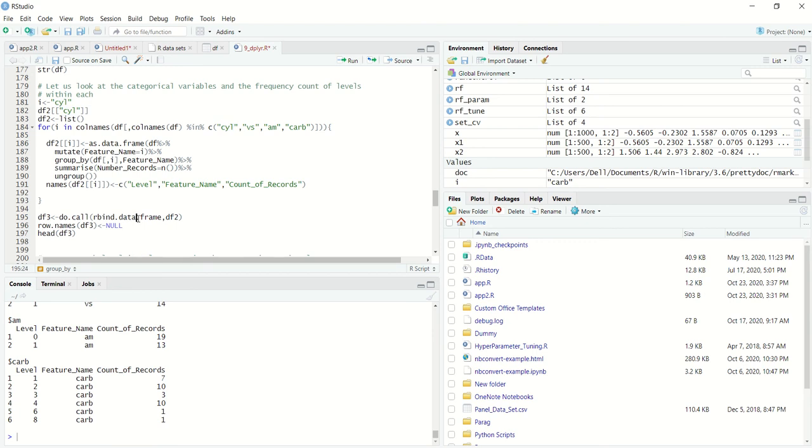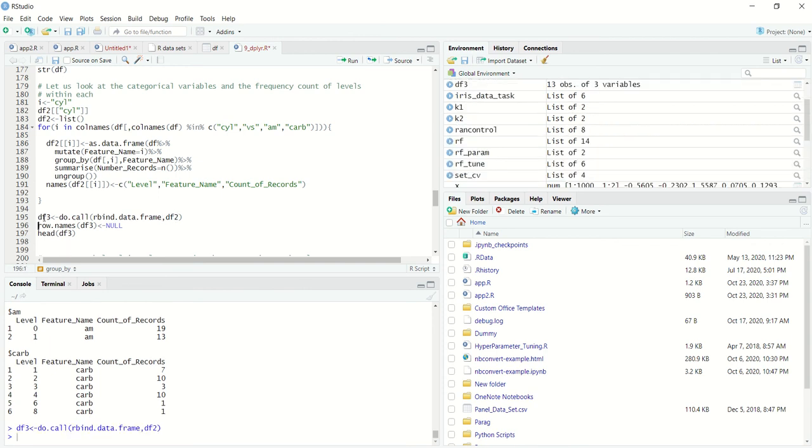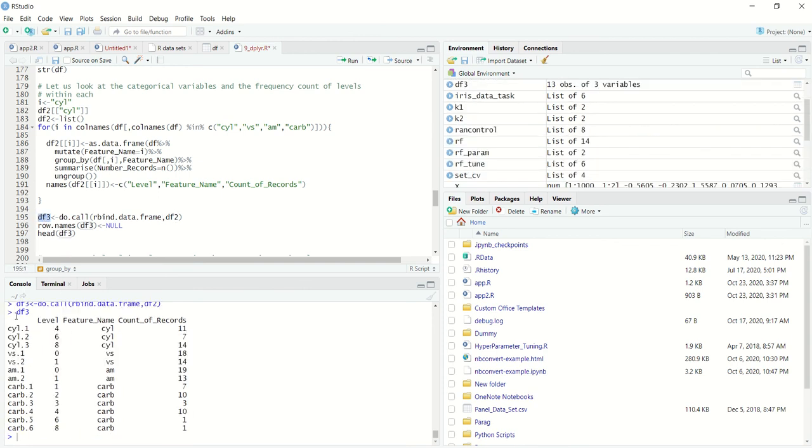Now I want to row bind these individual data frames. So I will use do.call, and then rbind, a row bind or data frame functional setup. Once I do this, I will get the row binded output, but the problem is the row names are absurd or don't make sense.